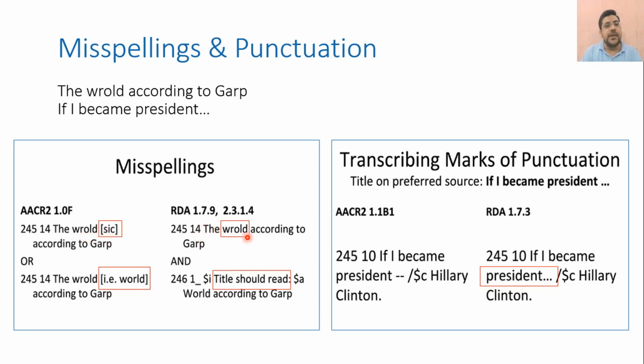we accept the misspellings as they are, and we correct it in other titles like this. Title should read, and the sign of continuation, and then the correct title. Similar for